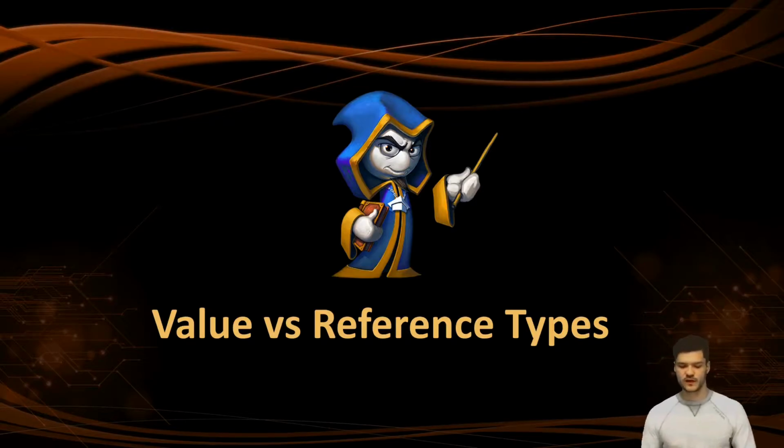And we're going to talk right now about something very crucial when you start writing code. We're going to talk about values versus reference types. So I'm going to try to explain it for you as simply as possible, so you know what is happening in a method when you call a method with different